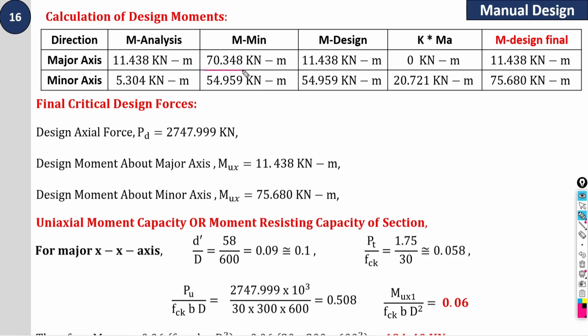So if I am choosing the 70, then 70 is going to become 70 final. 70 plus 0, it is coming at 70 something. Now here 54, so 54 I am going to take. 54 plus 20 plus some fraction, so it is going to become 75. Whoever is on the critical side is going to design. The more dangerous side is going to be considered. I am going to consider it, and you are not going to consider it if you take the minimum eccentricity, this one. Hope it's clear to all of you.